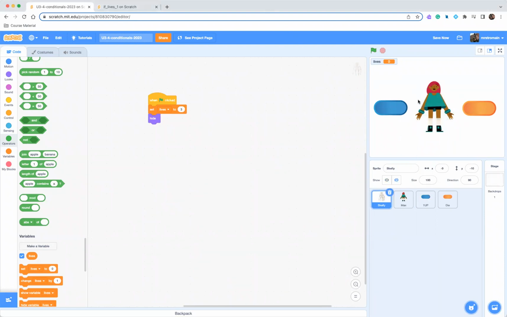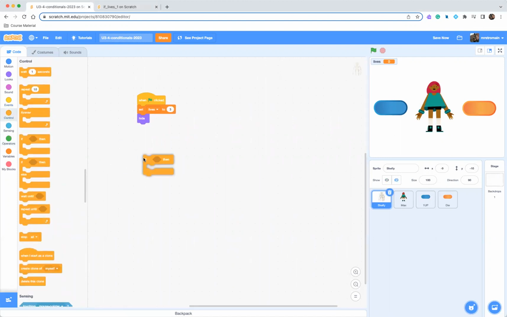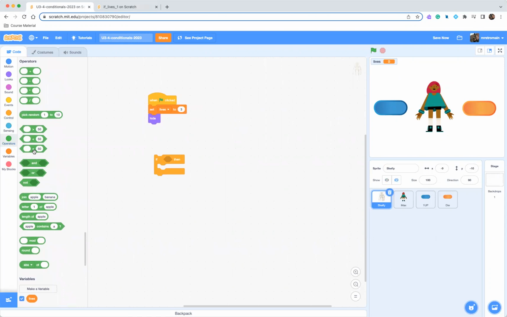We're trying to say if the value of lives gets down to 0, I want you to hide Max, and I want to show Skelly. So here we are, Skelly. We're going to grab our if statement. I say if my variable lives is, in this case, less than 1. If lives is less than 1, we're going to